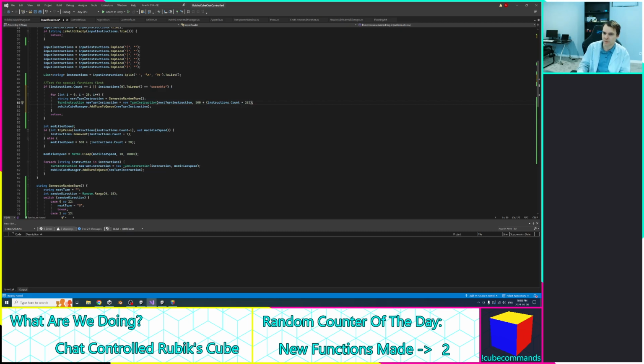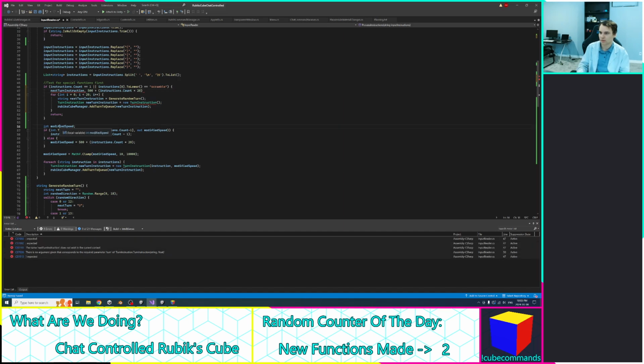Count is, actually, I should only generate it once, because that would be the smart thing to do. So we're about to go in here, up here, scramble speed equals, oops, didn't mean to cut that out. Okay. 500 plus this bit, where this bit is gonna be the number of moves that we're doing, which is